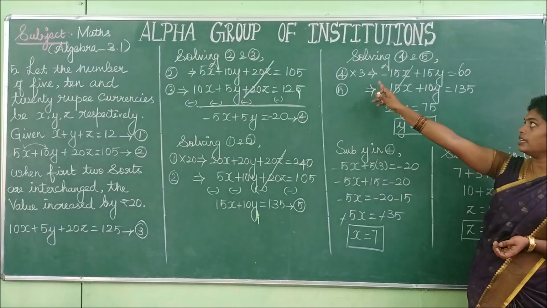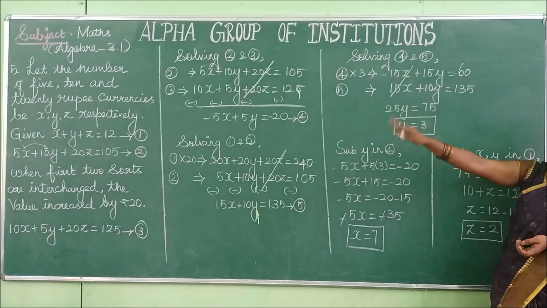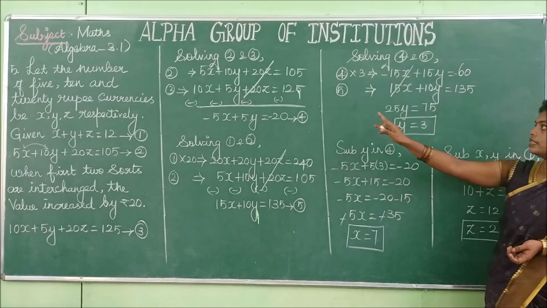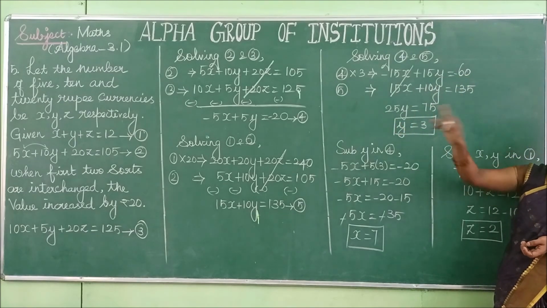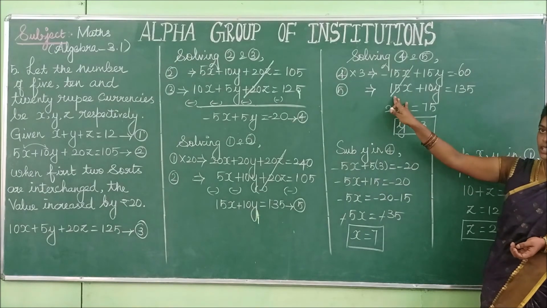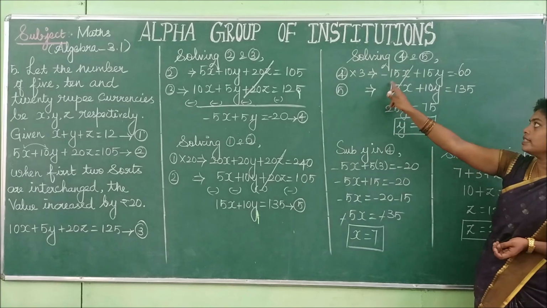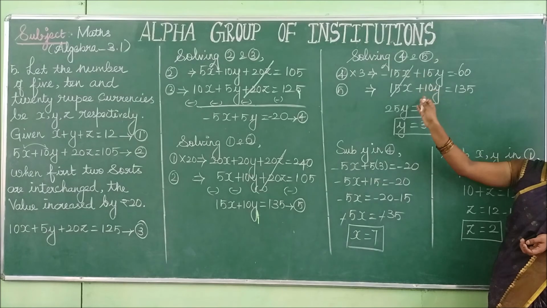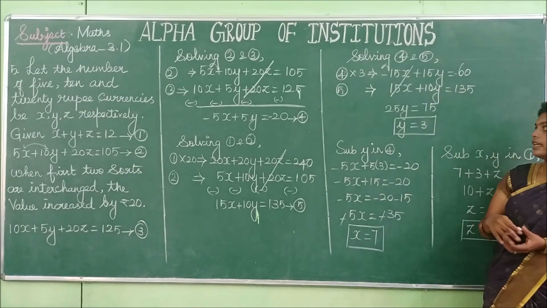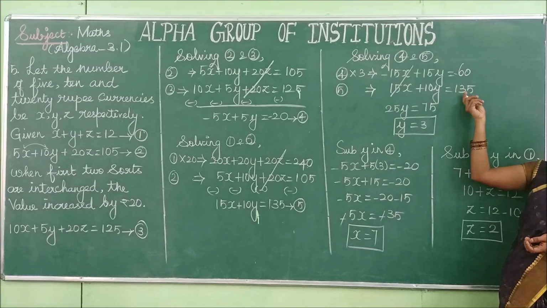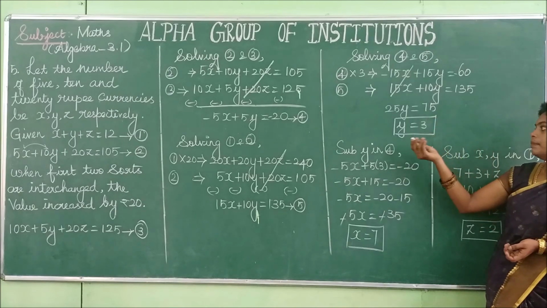So 5 into 3 is minus 15x, 5 3s are 15y, then 20 into 3 is minus 60. Then the fifth equation is written as it is: 15x plus 10y equals 135. Without changing the sign, both get cancelled. Minus 15x plus 15x cancel. What are the remaining terms? Both are positive, so you can add. 15 plus 10 is 25y, which equals 125 positive and 60 negative, so you subtract those values and get 75.